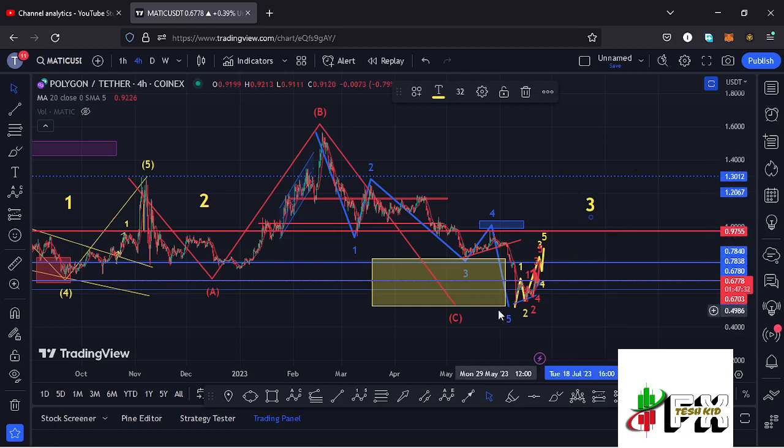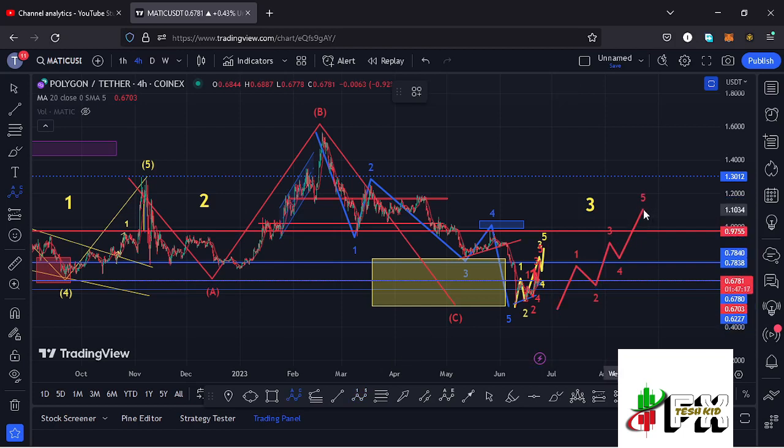And for it to confirm to us that the low is in, I expect Matic to first give us a complete 5-wave move to the upside, followed by an ABC corrective structure. Once you see such a movement on the charts, that will be the confirmation of the start of an impulse to the upside in the formation of this larger Elliott wave count 3, and giving